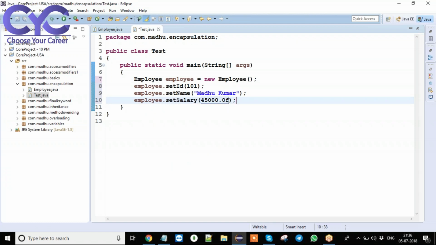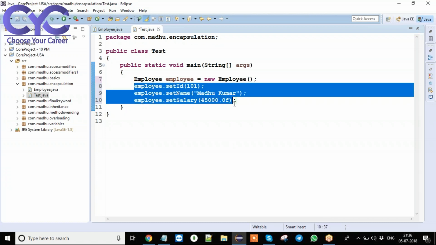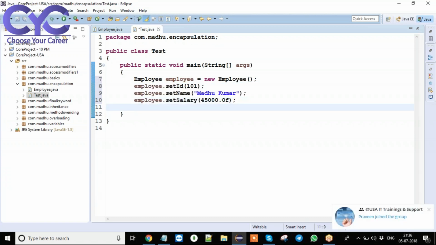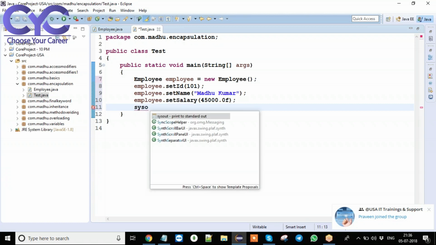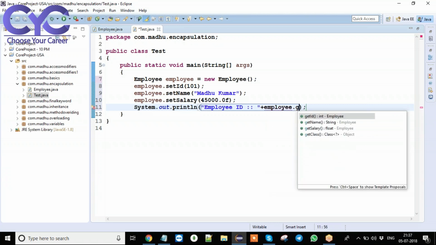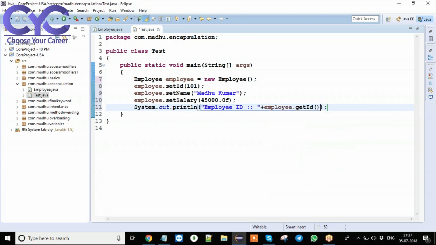Now we need to get the data. Like this we are going to set the values by using setter methods. If you want to get the values, we need to call the getter methods, right? So now see here how we are going to get the data. System.out.println of "employee id is" plus employee.getId. Like this we need to get the data by using getters.